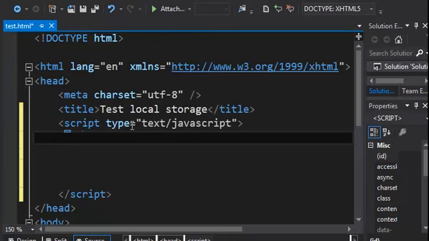So, let's go ahead. You will see that we don't need a file, we don't need anything. It's just the browser that's going to take care of that. Well, first of all, let's take a look at